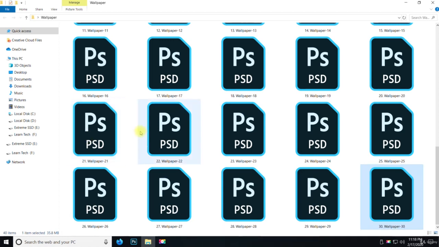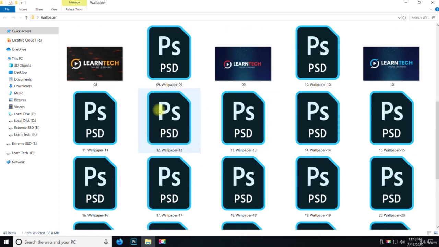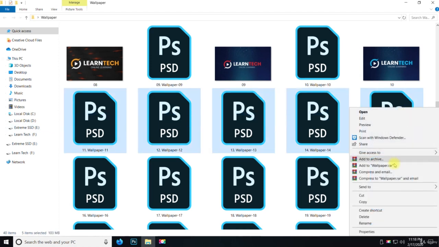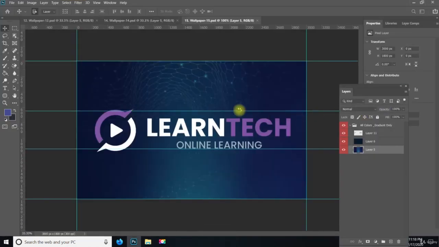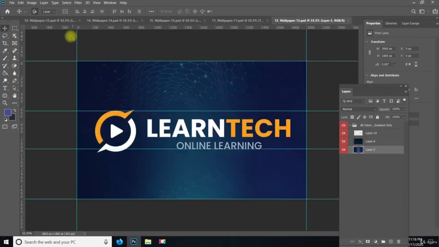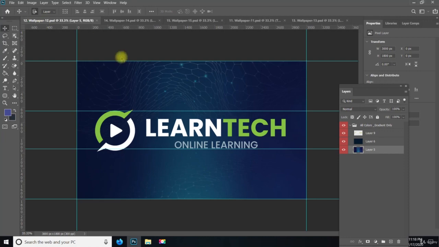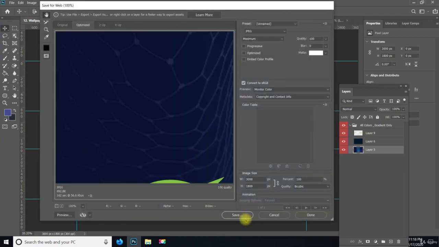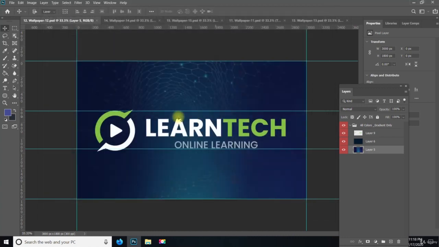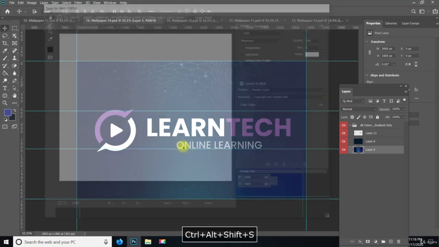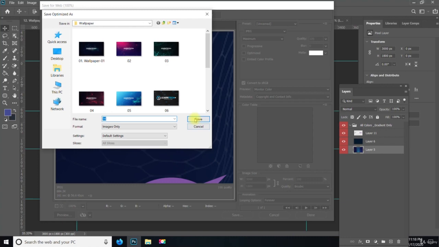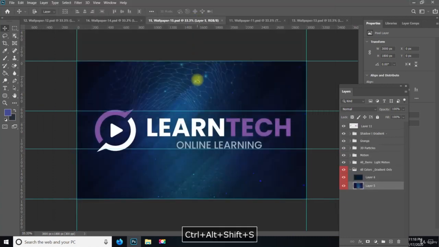Okay, so now that we've done that, what we're going to do is go back and open up all these files. If I highlight these 5 right here, right click and Open with, I'll just hit Open. It's going to open each one. Then we can press Control Alt Shift S and save that to 12. Then we'll do this one, 14 and 15,